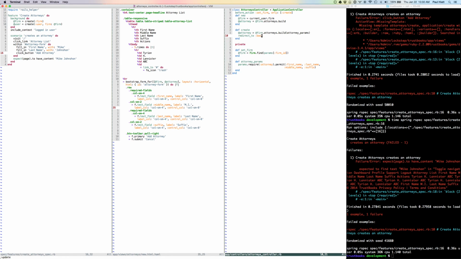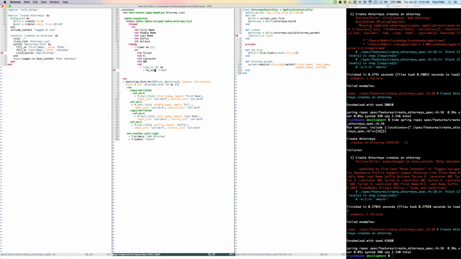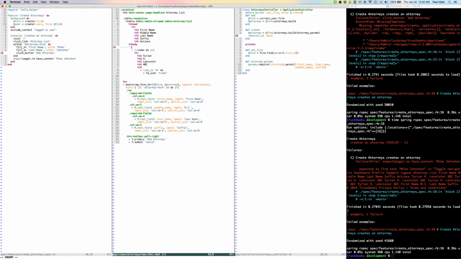We've submitted the form, we've created the attorney, and now it's expecting to find Mike Johnson in the list, but we haven't added that here. We just have this static table. And you can see, just to fill it out, I did five times add the attorney Tyrion Lannister. But instead of doing that, we're going to do